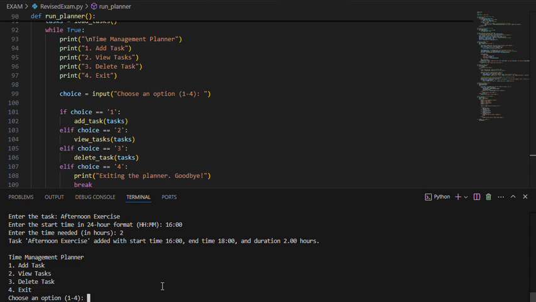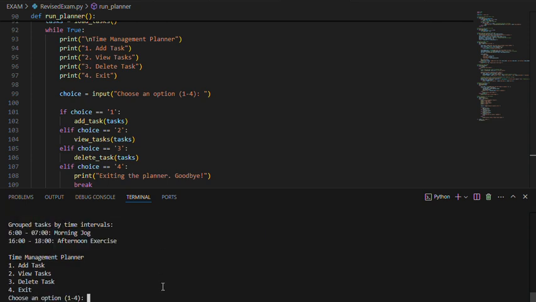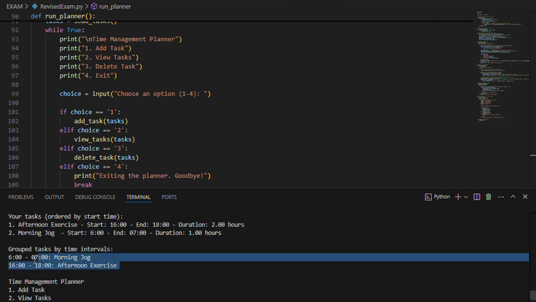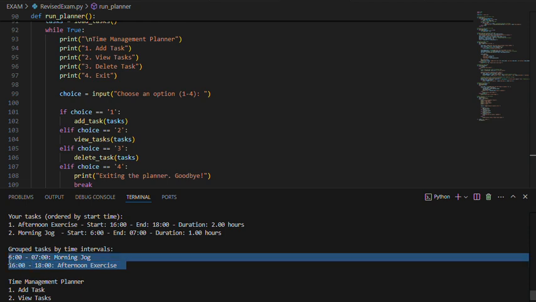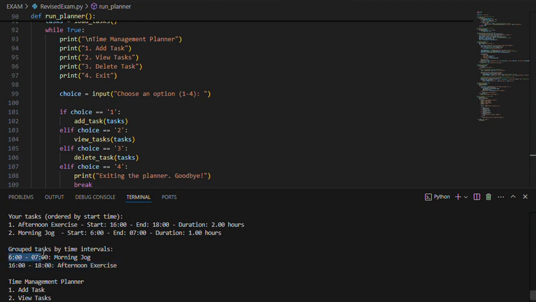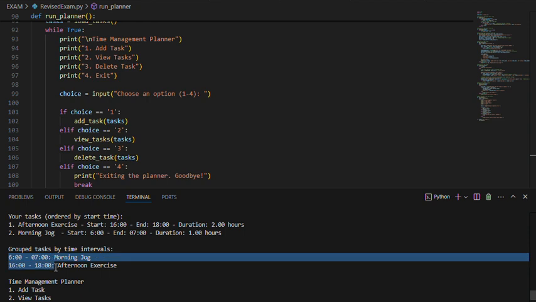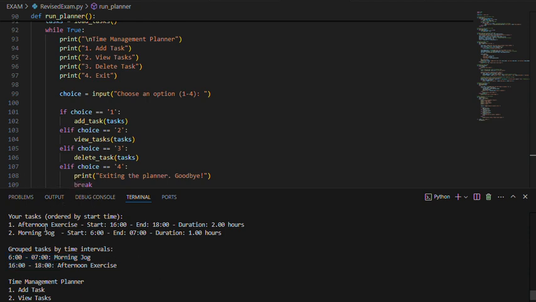Now, let's view the task. It is now ascended in time order. In the group task by time intervals, it is ascended by the time order. The morning jog is first, then 16 o'clock is the afternoon exercise.